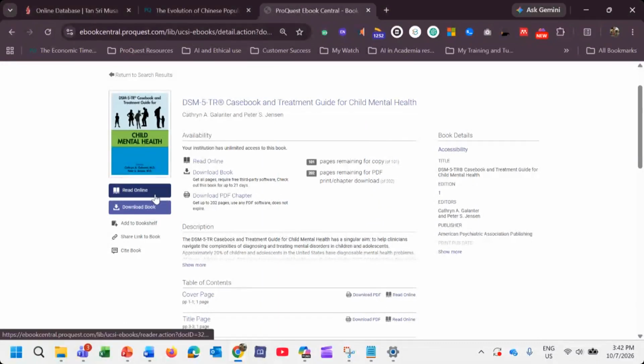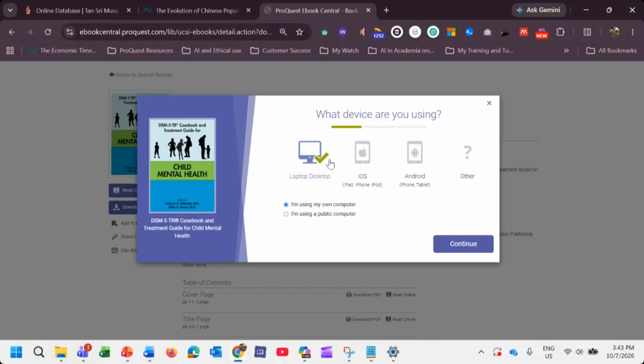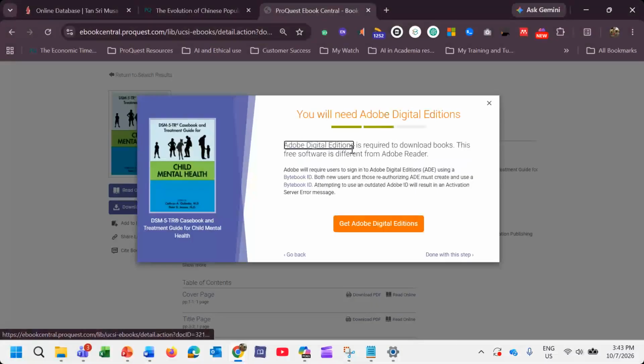Whenever you click on download, it will say you are downloading to desktop, iOS or Android, whichever. You just continue. For those who are new and don't have Adobe Digital Editions, you just download this software. This is very easy.